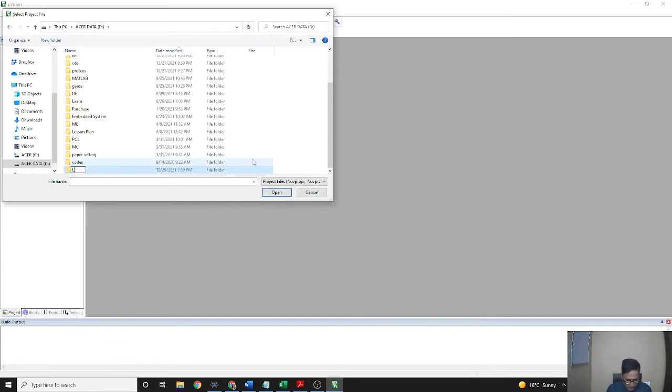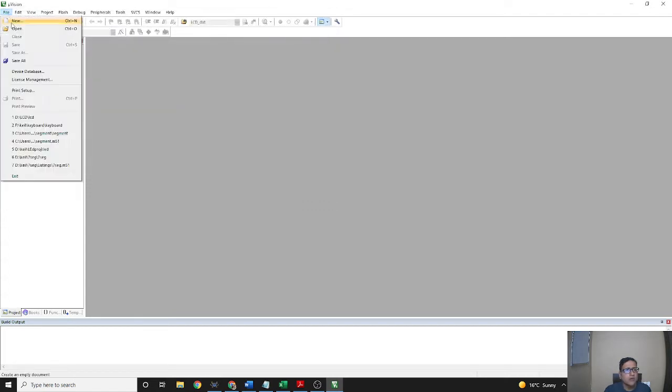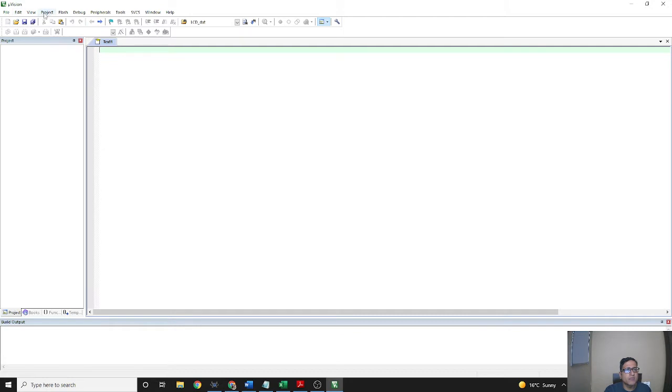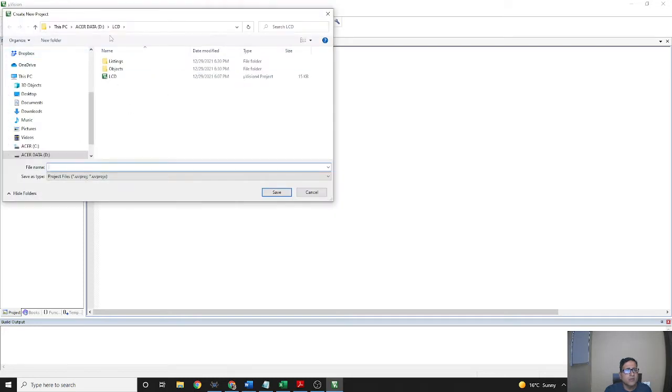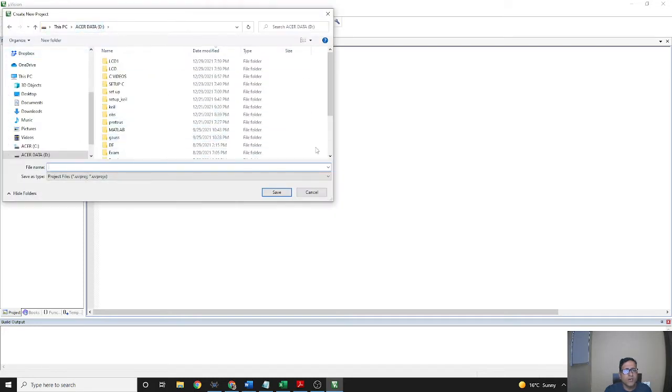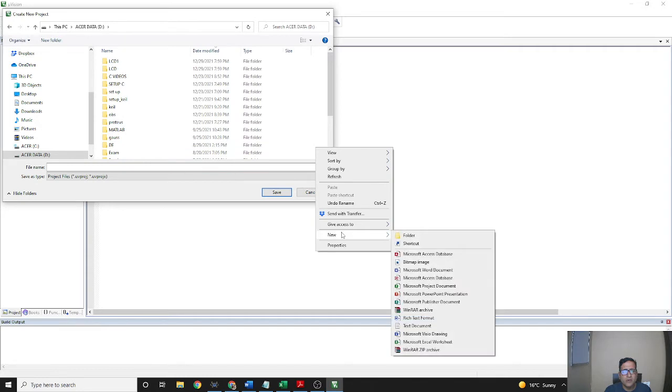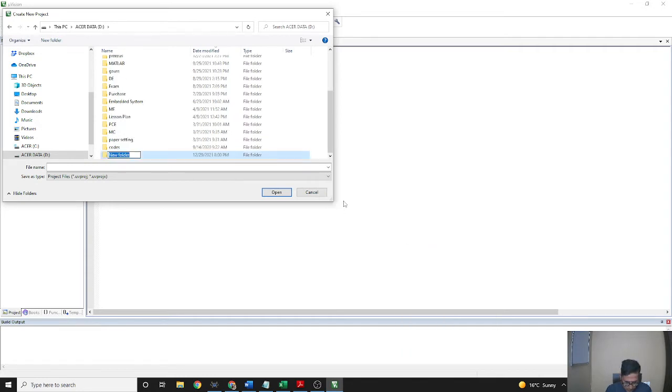You can write here LCD1, and you will make a new project. So here you will go for the new Microvision project. You will create a new folder, LCD1.